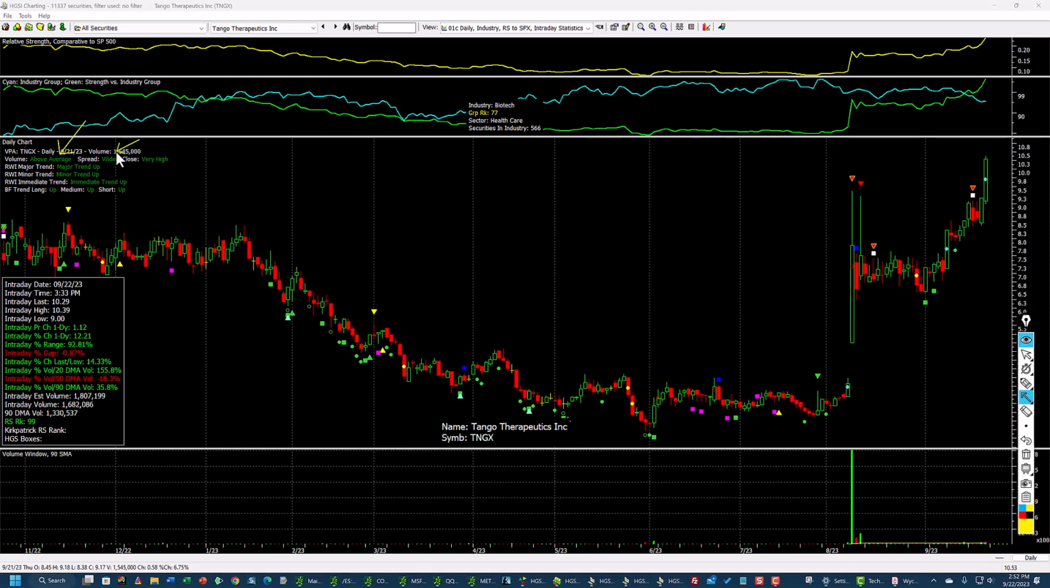Volume above average, spread was wide, and the close was very high. And you can see that the trends were all up on this. And this is what is corresponding to this over here. Now today, if I clear everything out of here